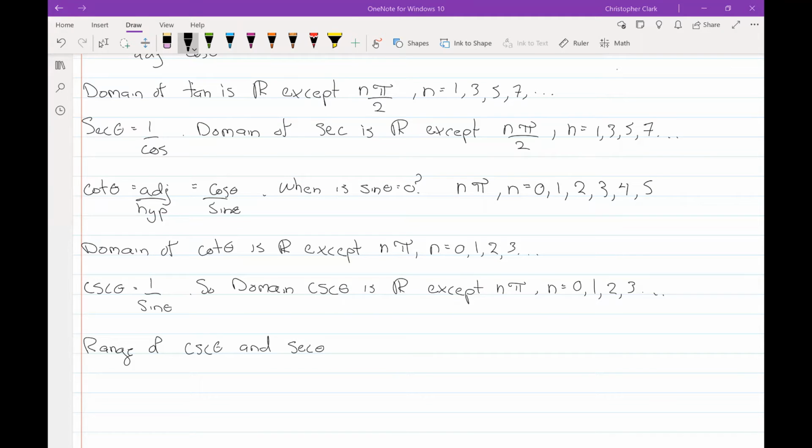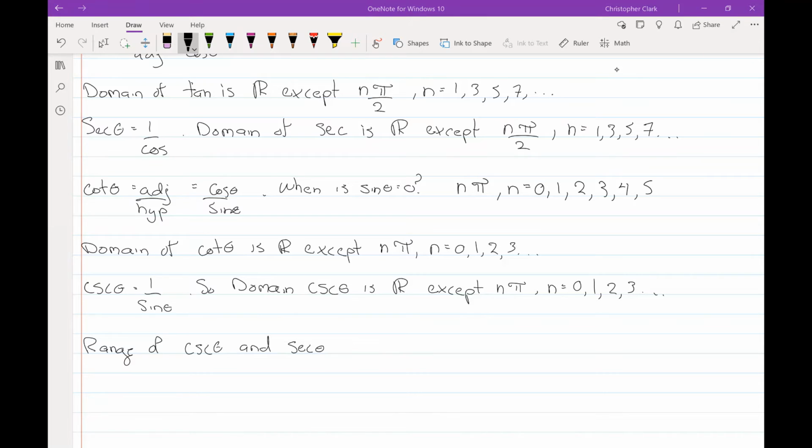Cosine could get close to 0 from the negative direction or from the positive direction. So what that means is that you have a number 1 divided by something that's getting increasingly small. Well, this actually blows up, right? This actually blows up to positive or negative infinity. So because cosine can get arbitrarily close to 0, and secant will be defined, or sine can get arbitrarily close to 0, and cosecant will be defined, we can say that it's going to be anything,